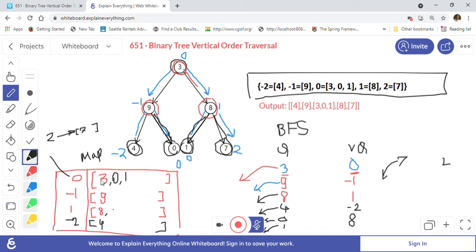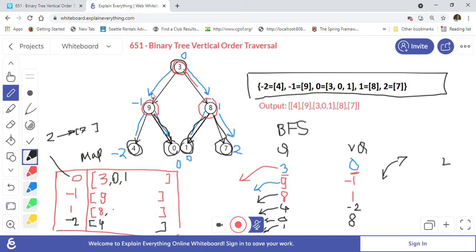Then 1 has 1 entry, 8 here, and 2 has 1 entry, 7 here, right? As you can see, this map, as I explained from this example, is the map that got populated.